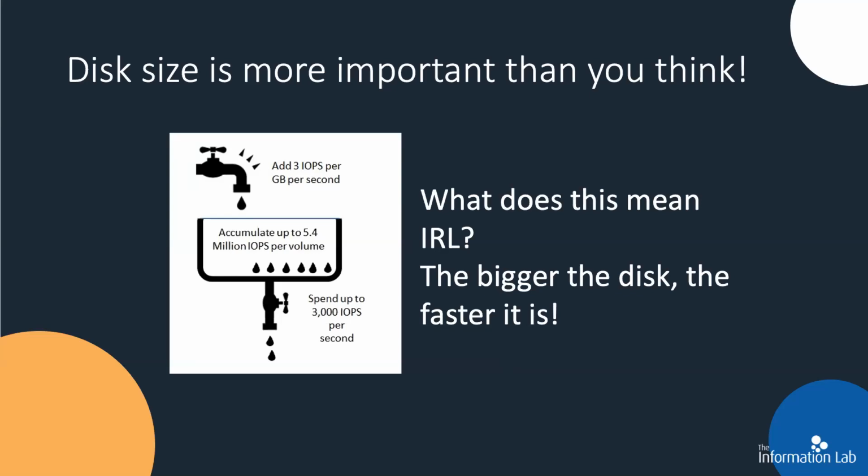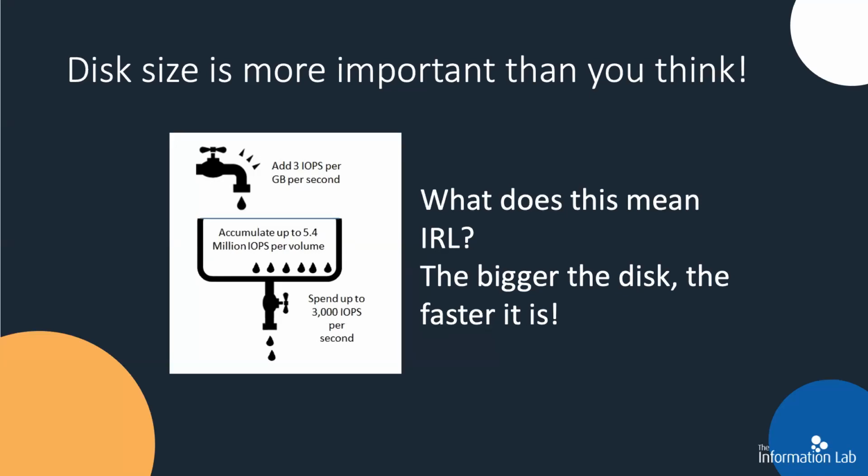And if you happen to run out of these credits, then you're left with a baseline level of throughput, which works out at three IOPS per gigabyte, which is the amount of credits that are coming in per second, which is really not enough to run a Tableau server, or